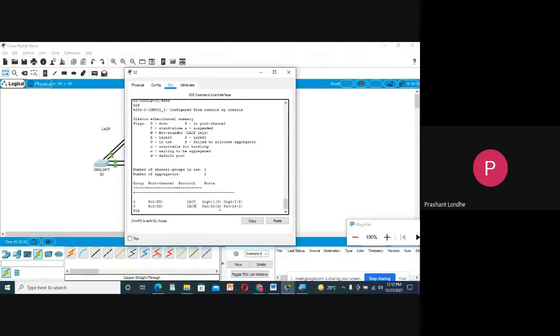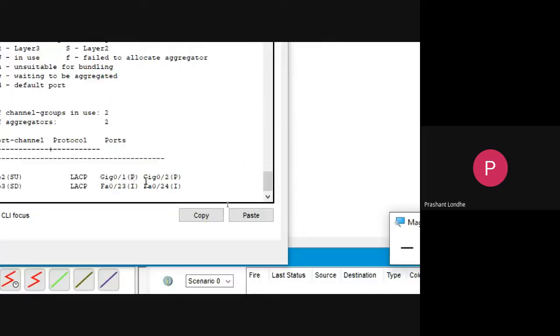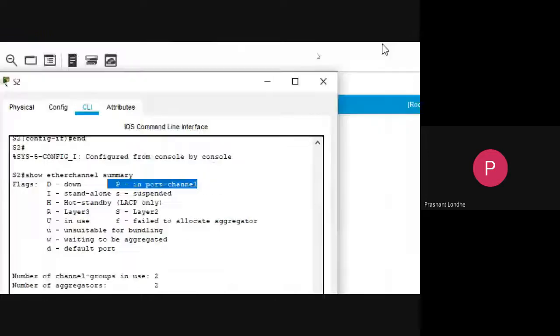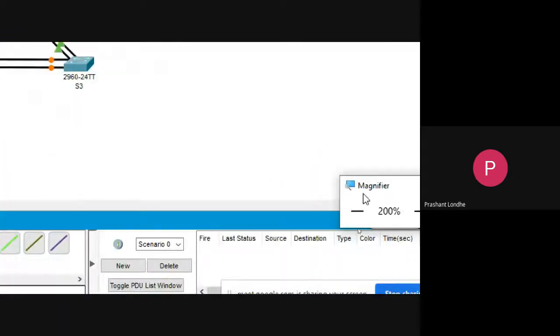But here you can see one is in passive mode and the other is in active mode. Here P stands for in-port channel, not passive. You can see all the short forms written over here.